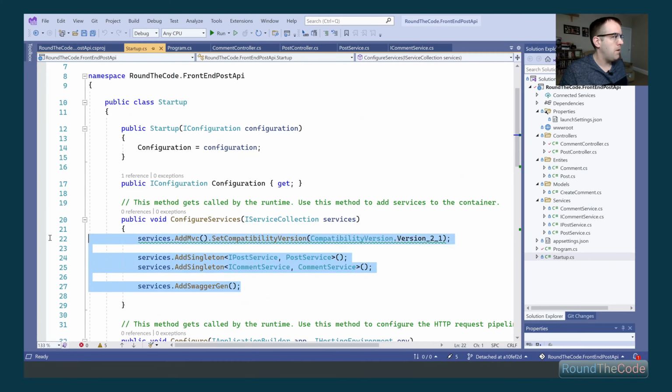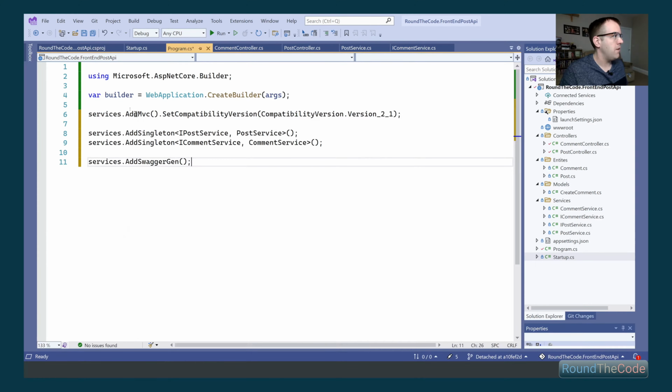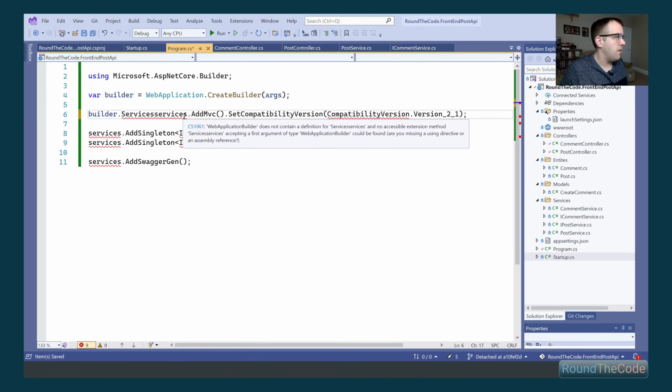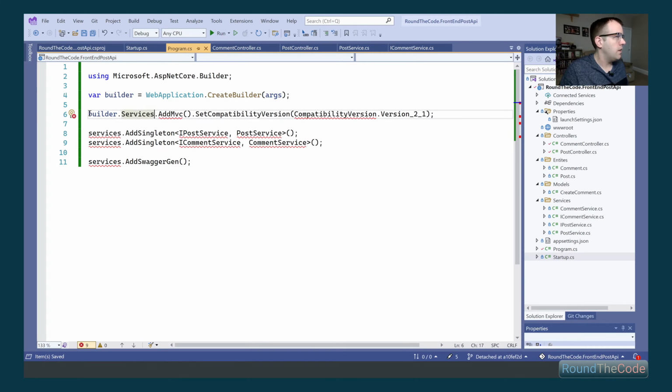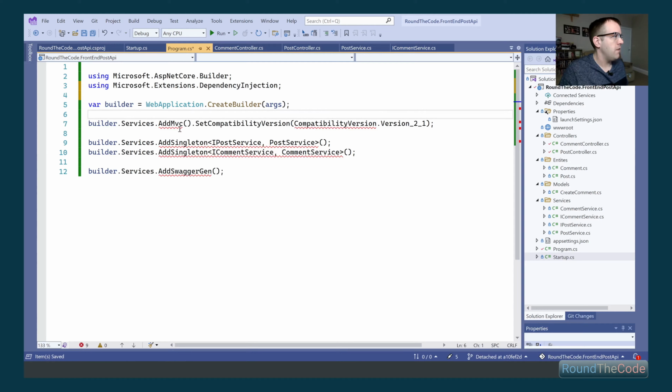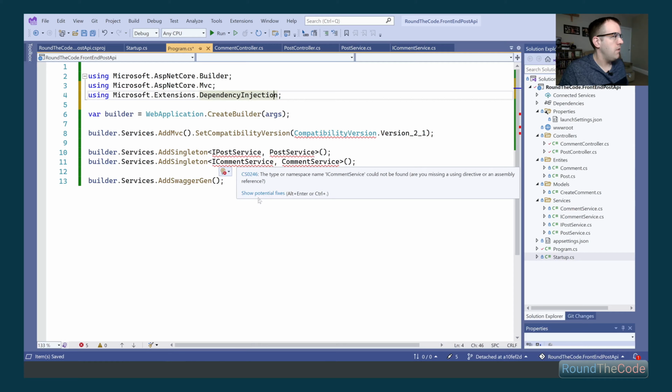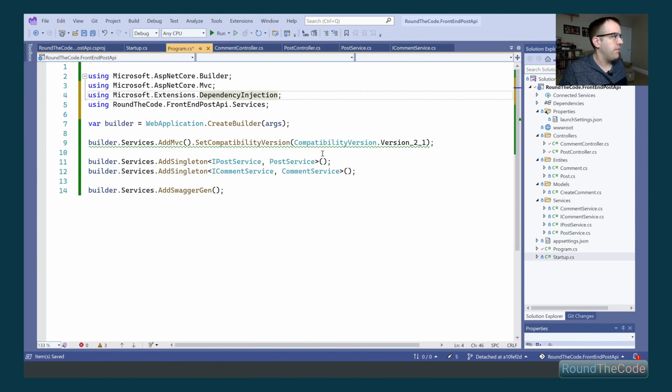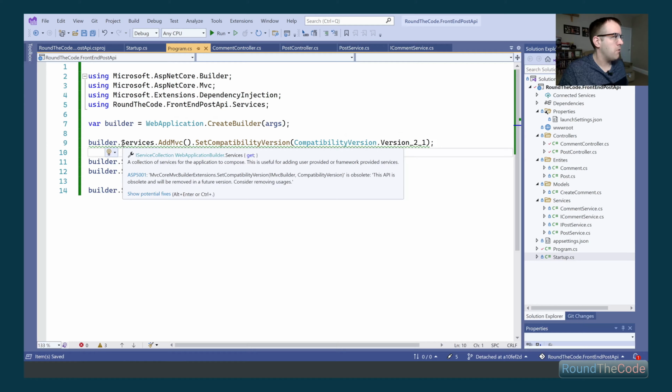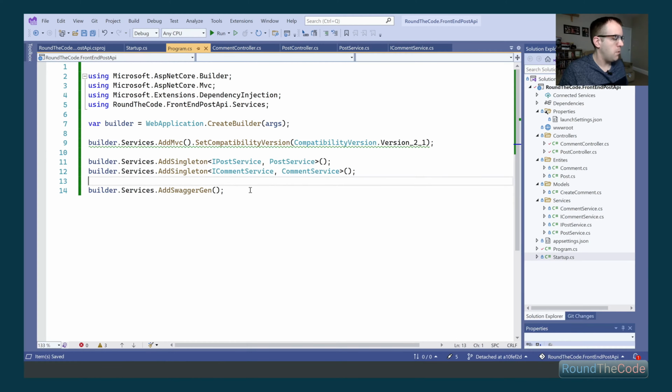So we're going to pass in all these services methods, and we're going to pass it in here, and we'll see an error at the moment, but this services method is inside the builder. So we can go ahead and call our services like that. We're just going to change it for all of them. We just need to fix these. We need to import the relevant packages into the file. There we go. So we're getting a squiggly line there because it's obsolete, but we'll sort that out in a bit.